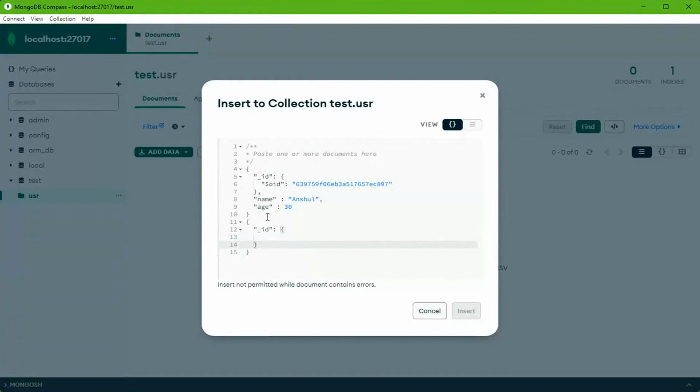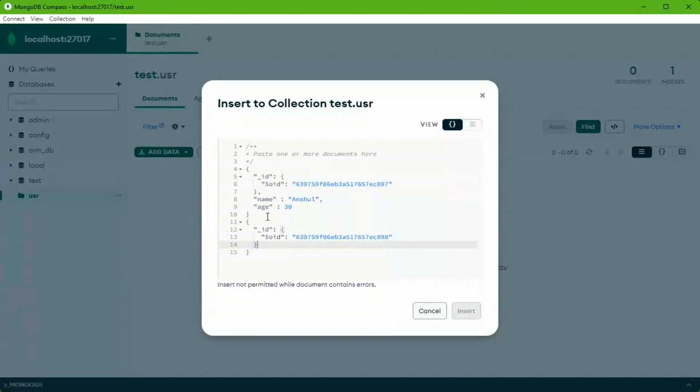Then you can have another ID, dollar $oid, and you have to define an ID. I'll just use this ID and change the value here. Copy, paste, 7. I'll do 8.